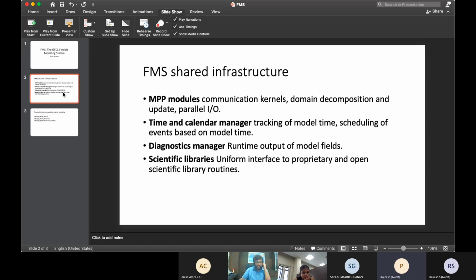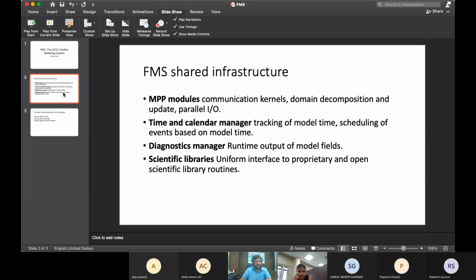It provides routines for the outputting of different variables, which is known as the diagnostic manager. Many other scientific libraries such as for FFTs are also part of this FMS shared infrastructure.